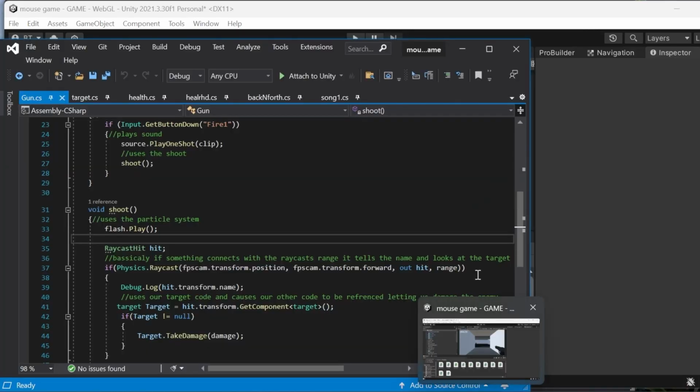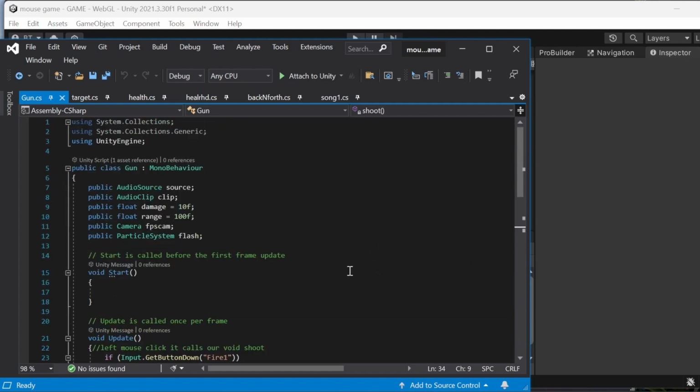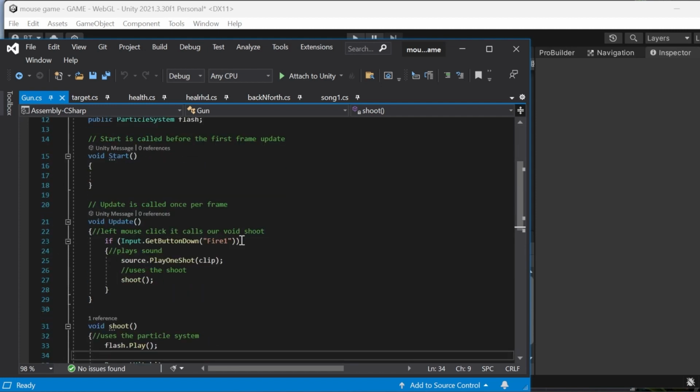For our next communal objective, I'll be showing 3 things I learned outside of class. This is for my gun script. Essentially, we have an audio source, so when we fire, it makes sound. And then our damage, our range, our camera, and our particle system. If we click left on the mouse, it fires. Instead of using mouse button 0, because even if you hold it, it'll automatically fire like a machine gun, I used Fire1, which is something Unity already understands, and it just runs it